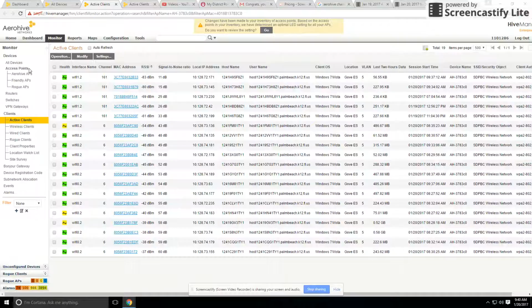And then I noticed this particular client, which has got quite a lot of data, but is yellow, indicating that there's some problems. And we can see Gov obviously has some dual band because these Wi-Fi 1.2s are connecting on 5 gigahertz. But you can see all of these Wi-Fi zeros, which have a MAC address beginning with 8056F2. They're all on the 2.4 gigahertz band. So I looked at this client,